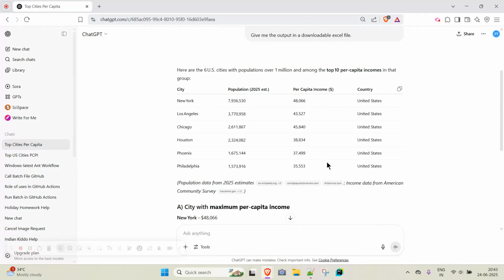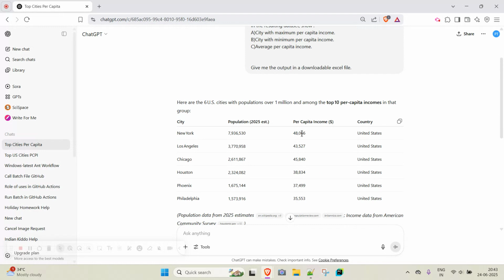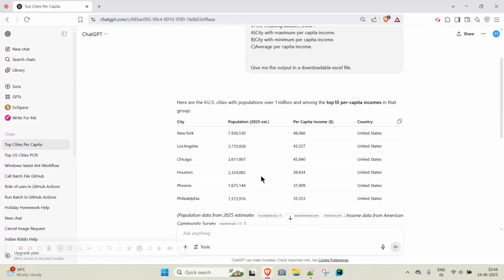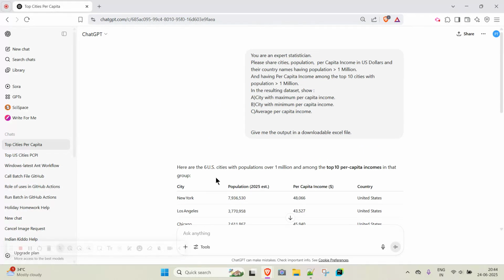Okay, so I think it has completed. Okay, it has given me the result. So what it is saying, here are the 6 US cities with populations over 1 million and among the top 10 per capita incomes in that group.